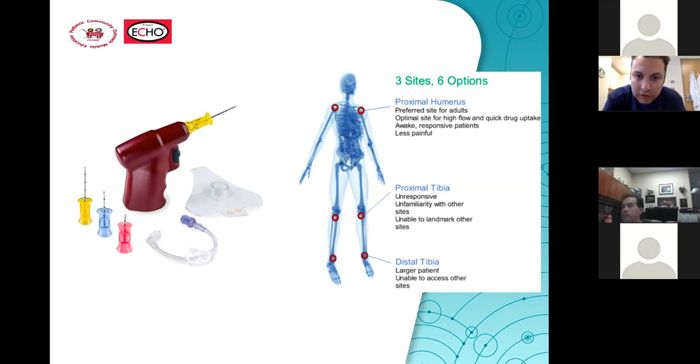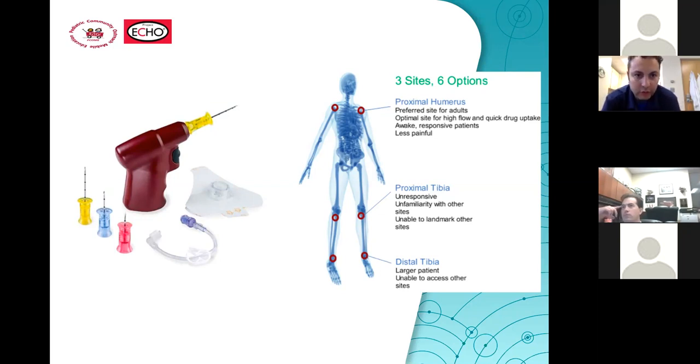It's easy to say get an IV on them. It's very hard to do when they're so dry and septic and clamped down in cold shock. So IO can be your other saver. We recommend that you look for your most experienced nurse on that shift to look at the child and see who can get an IV. Some of those experienced nurses will look and say, I tell you what, I'm not going to be able to get an IV in this kid. So you may move forward toward getting an IO.